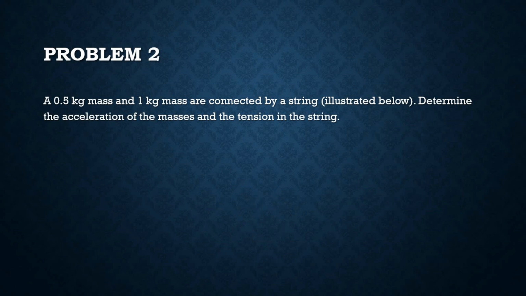Determine the acceleration of the mass and the tension of the string. So now we have to find the tension and the acceleration of the mass. So we have the given of the two masses, 0.5 kilograms and 1 kilogram, gravity, and we have to find the tension and the acceleration. So tension